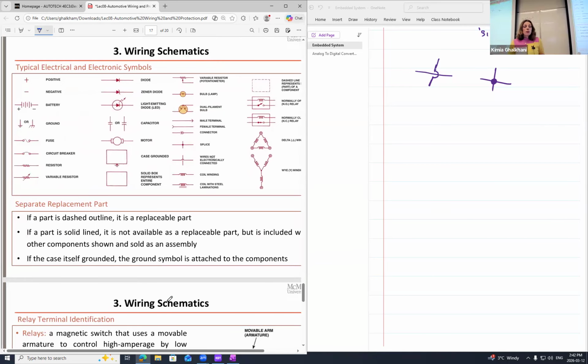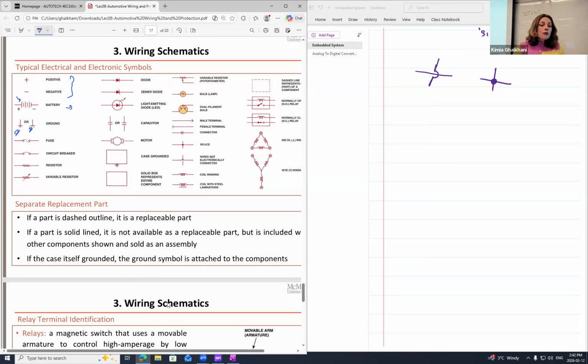Let's quickly look at some of the typical electrical and electronic symbols. So for example, positive and negative for any energy source, or I would say voltage source. If it is just showing the positive and negative, or let's say polarity, you just show it like that. But if you have a battery, you have to include those polarities on the side of the battery. Of course, if it is a battery, the taller side is positive and the shorter is negative. Ground has two different symbols. This is more common than the other one, but of course, both of them are correct.